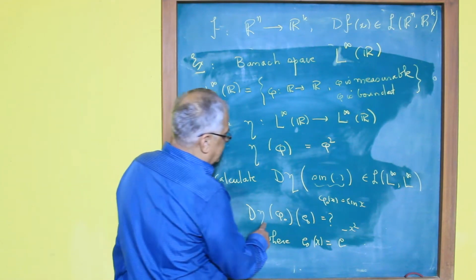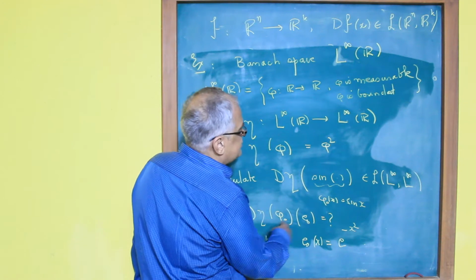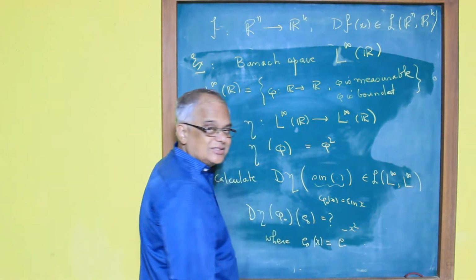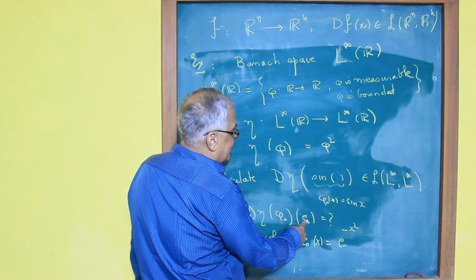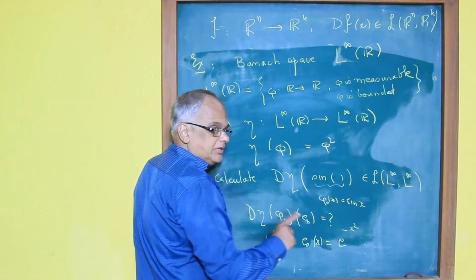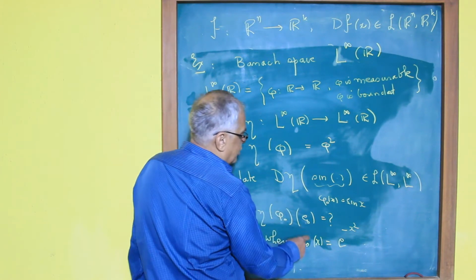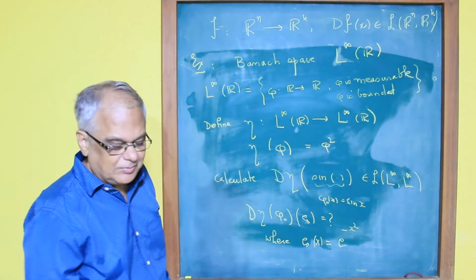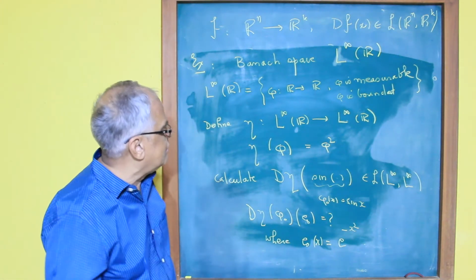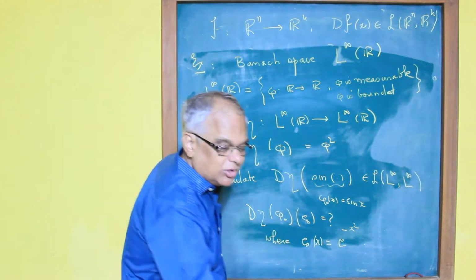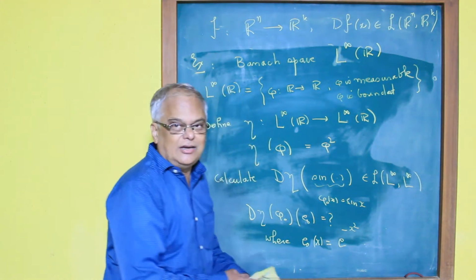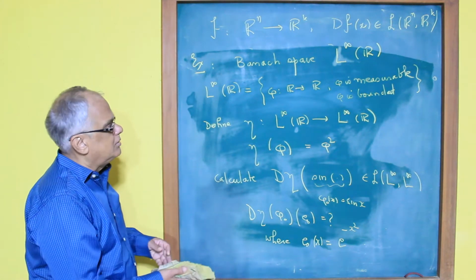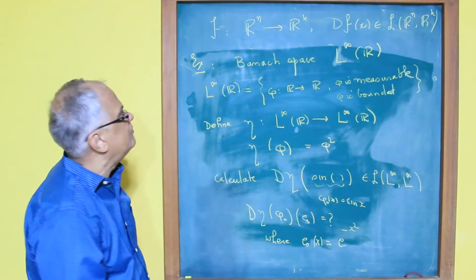So what is the derivative of eta at phi 0? Phi 0 is the function sine, evaluated at the point E0. Remember, these points now are functions. What is E0? E0 is the bell-shaped curve. So try to understand what these objects mean. If you do, that means you have understood the meaning of the derivative. Very good.